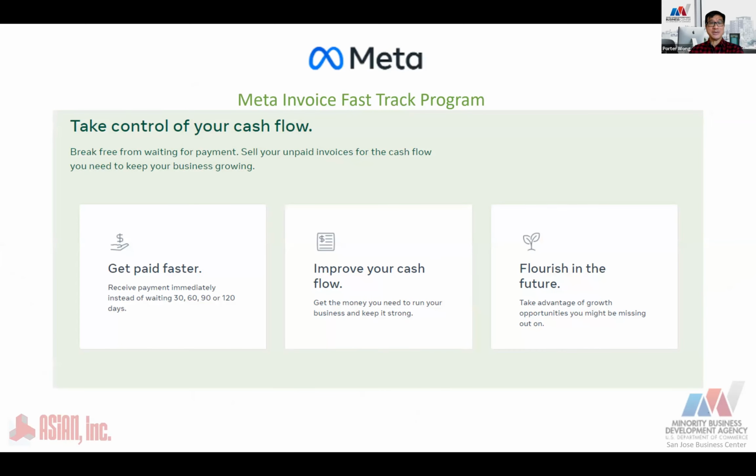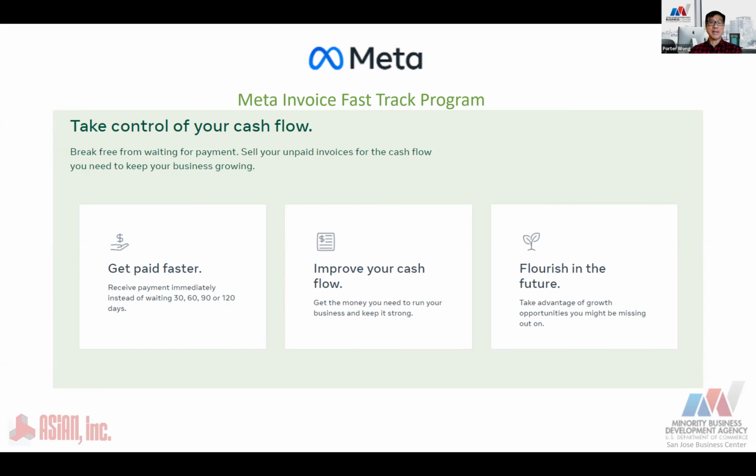It's basically that you can get paid much faster. So if you are a distributor, a wholesaler, or even a consulting service, a lot of the time you bump into payment terms of 30 days, 60 days, and sometimes even though it's net 30, you won't get paid until net 60, net 90. So sometimes it will create cash flow issues for your small business.